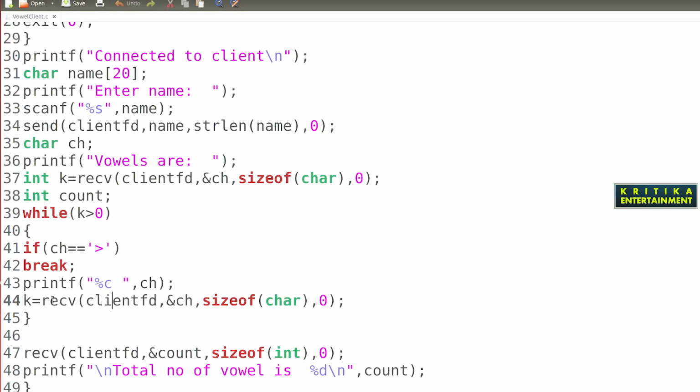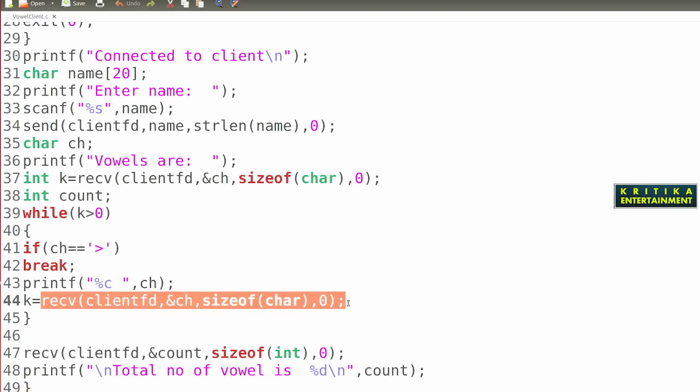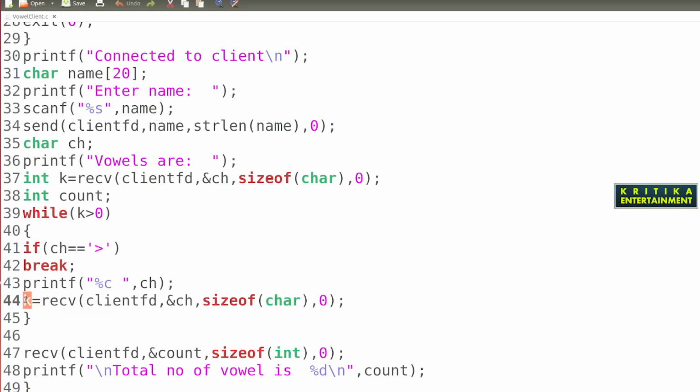It will not be converted to the character K. Total number 2 is not converted to character type; it is received as K. That means the receive function receives this count variable as a character, so K will store some odd value. So after AU it will display a garbage value.